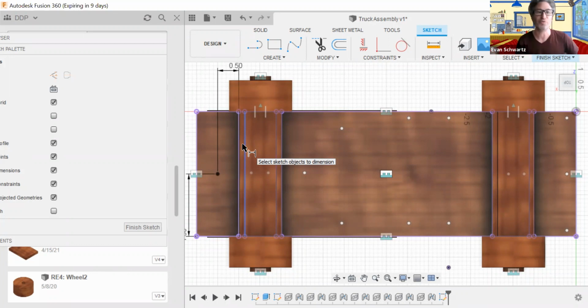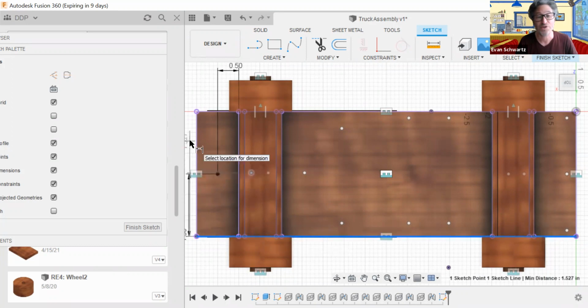It cannot move because at least 2 degrees of freedom have been removed and it is fixed to that point. So when a point turns black, it is fixed there and it's fixed there by dimensions. All right, so that one is all set, and I'm going to move to these here. And according to this, we still want this in the same spot where it is 1.5 inches from, and